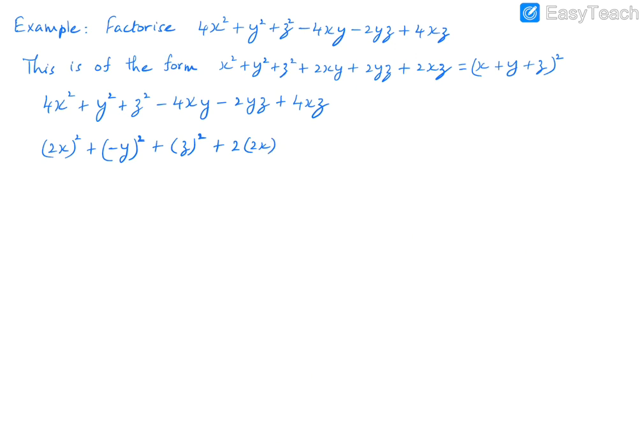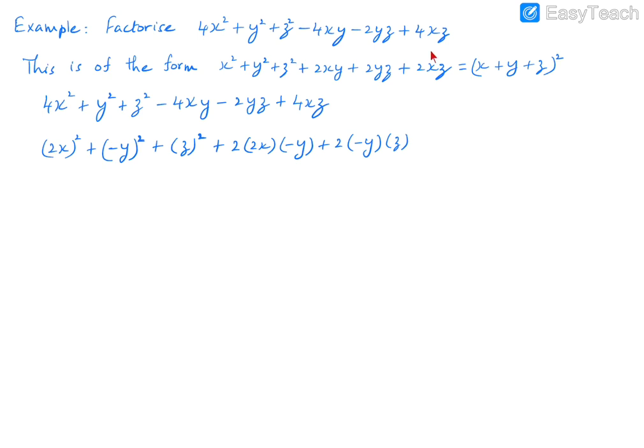So 2 into 2x, and in place of y we have minus y. Now when we multiply this, we get 2 into 2x is 4x, 4x into minus y is minus 4xy, we get this term. And then the next term is 2yz. After 2xy we have 2yz in the identity, so it will be plus 2 times y. In place of y we have minus y, and in place of z we have z itself, so it's minus